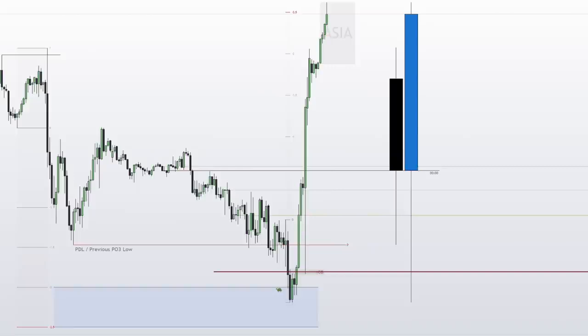This midnight open is in the 1 deviation and the 1.5 deviations in function of the previous range. So it has unfinished business, moving to the 2 deviations and the 2.5 deviations, and the previous daily low is in